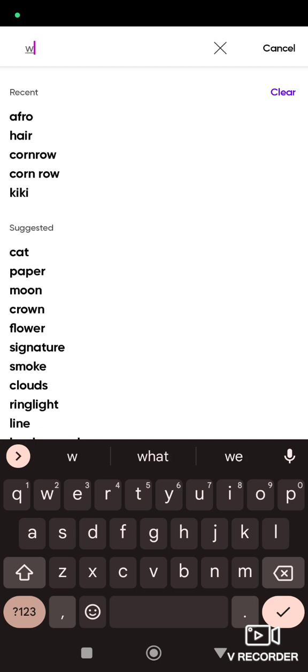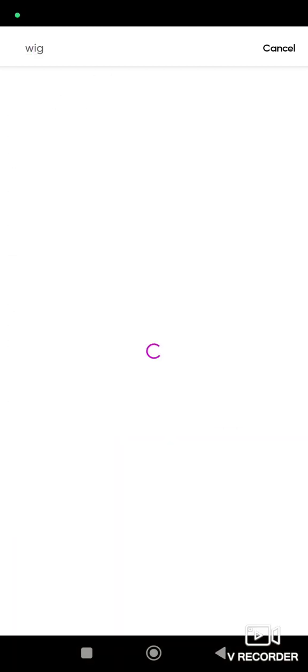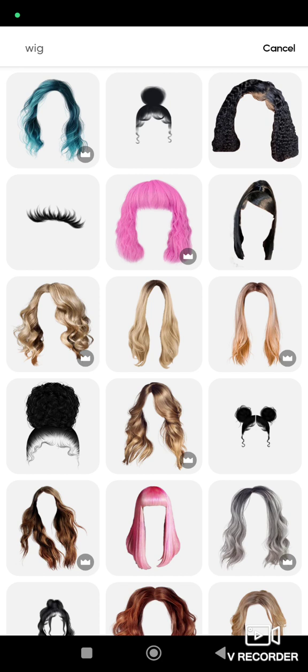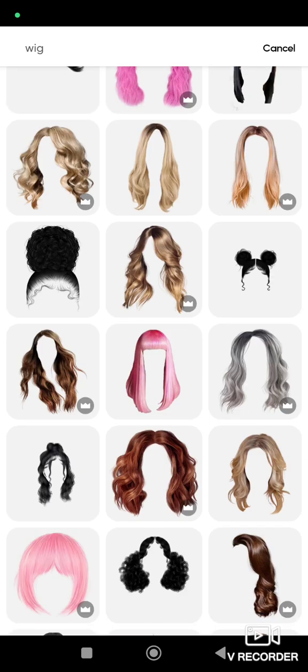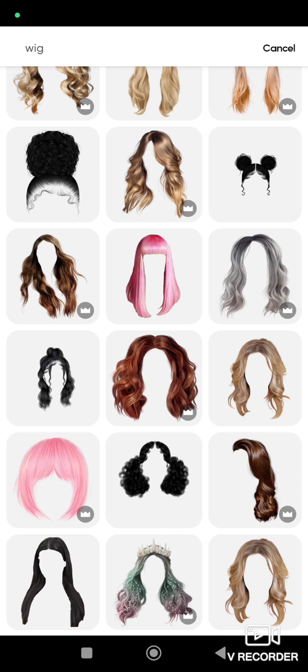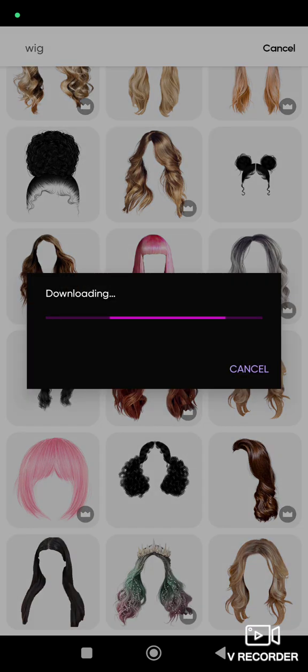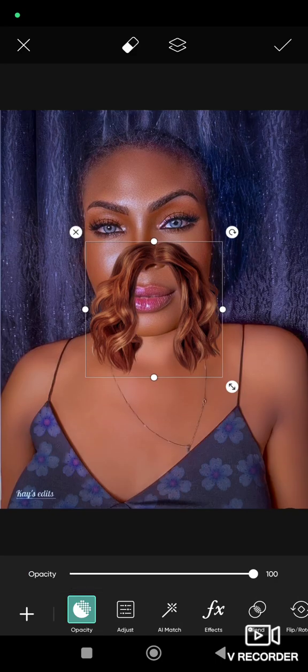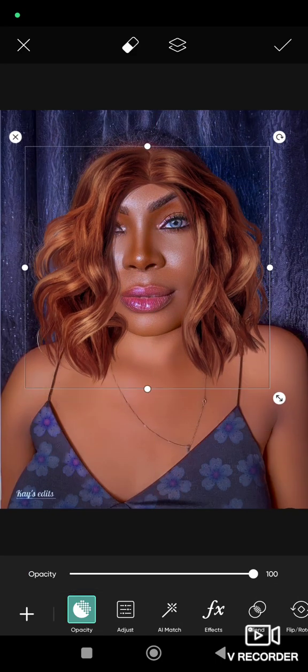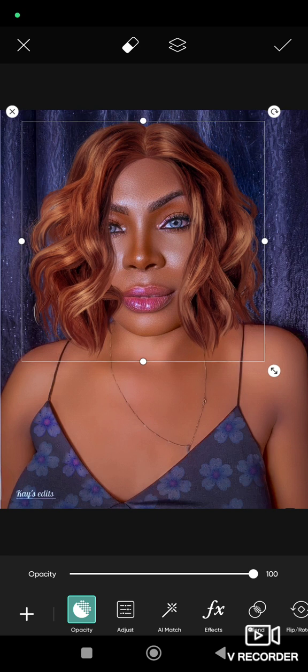Let me just search for wig. The reason why I'm doing another one is that you might pick a hair and it looks hard for you to manipulate, but trust me, you can do this. Now there is another way to do this. You just tap on it, any hair that you want, increase the size, position it well on the person's head,